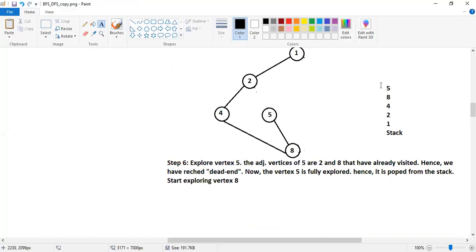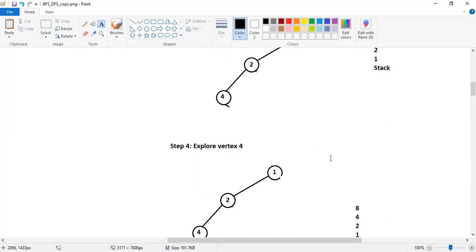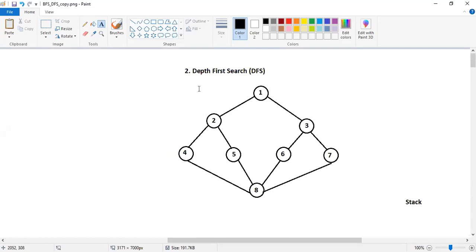Pop it from there. After we pop it, we are left with 8 as the topmost. So again we continue our exploration with vertex number 8. When we continue exploring 8, the other vertices connected to 8 are 6 and 7. So this time I will go with vertex number 6.